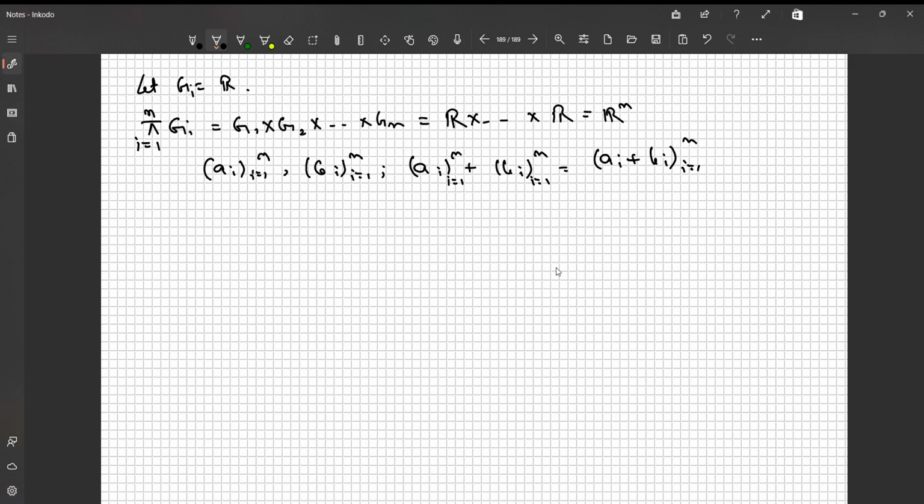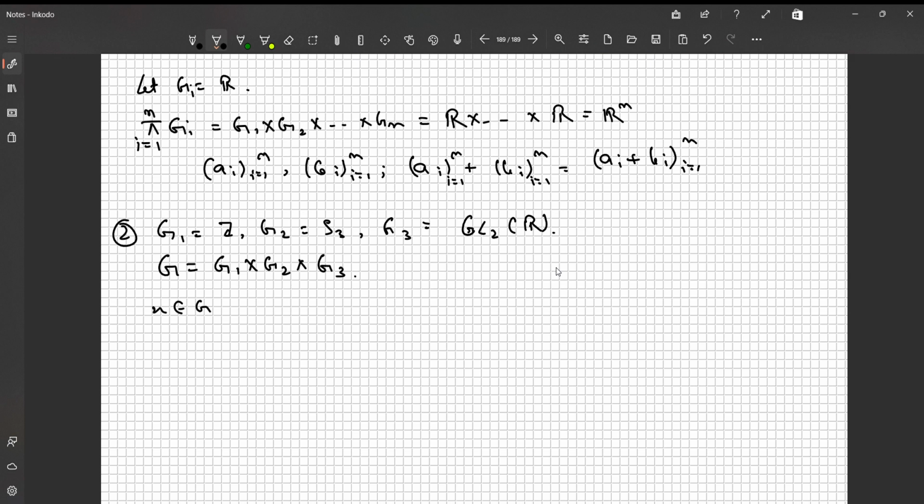Okay, let us consider one more example. This is not that non-trivial, but it will help us understand why we were using the preservation of operations. So suppose I choose G1 to be Z, G2 to be, let's say, S3, and G3 to be the general linear group with elements from R and of order 2, or dimension 2 cross 2. Okay. So if I consider G to be G1 cross G2 cross G3, then